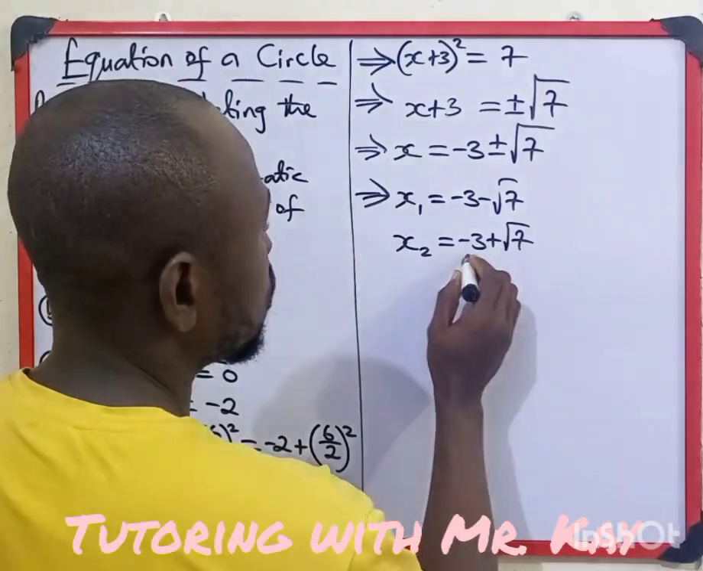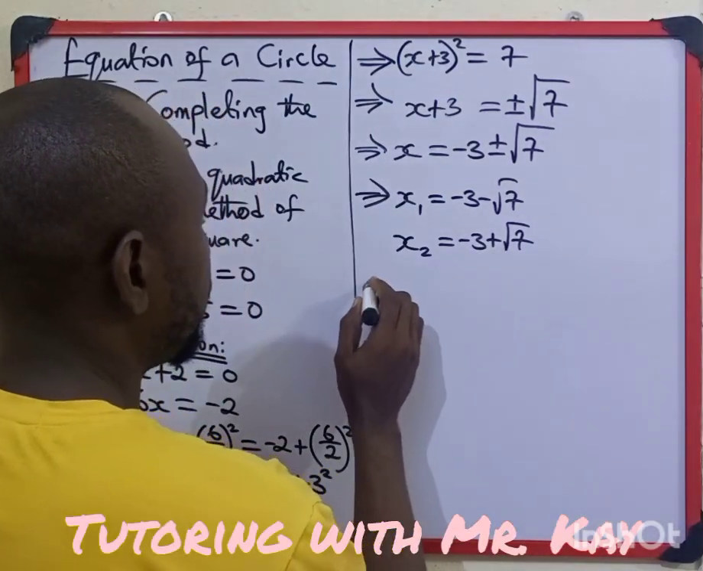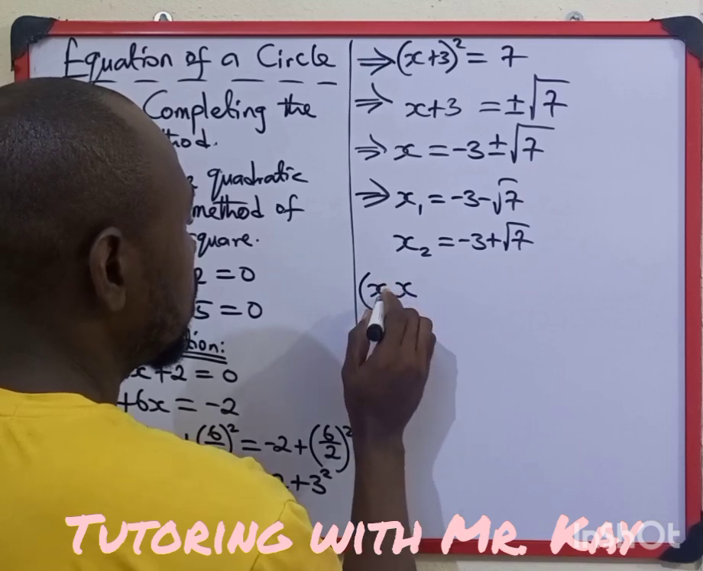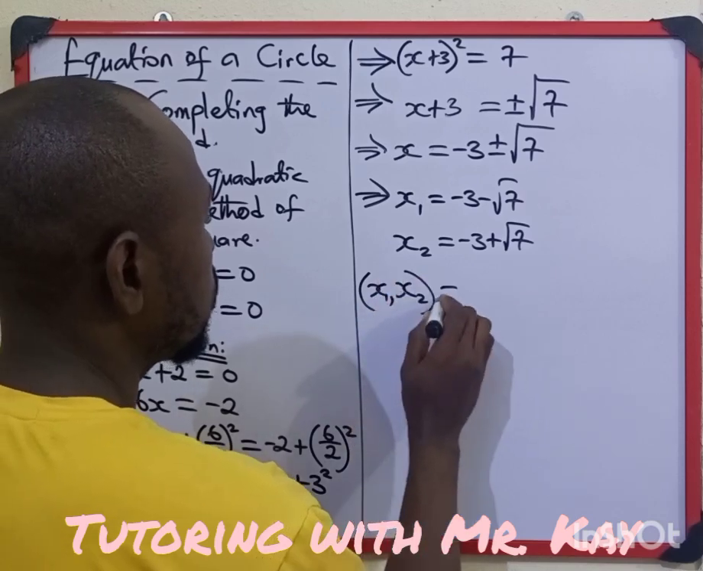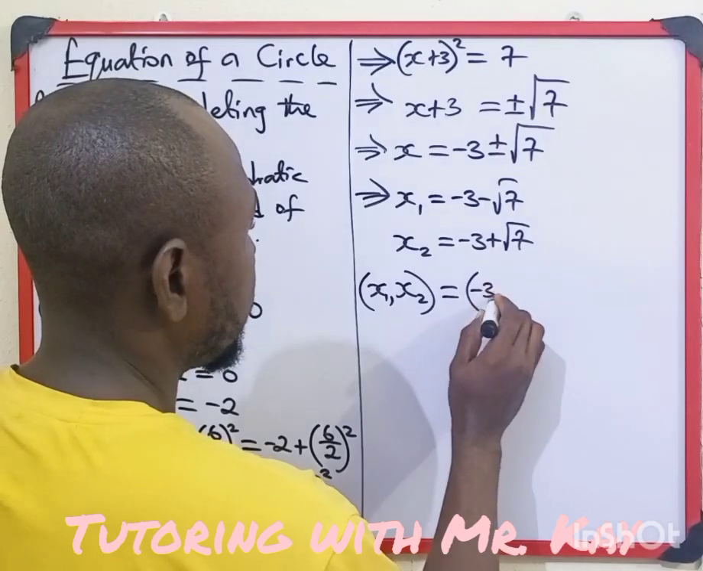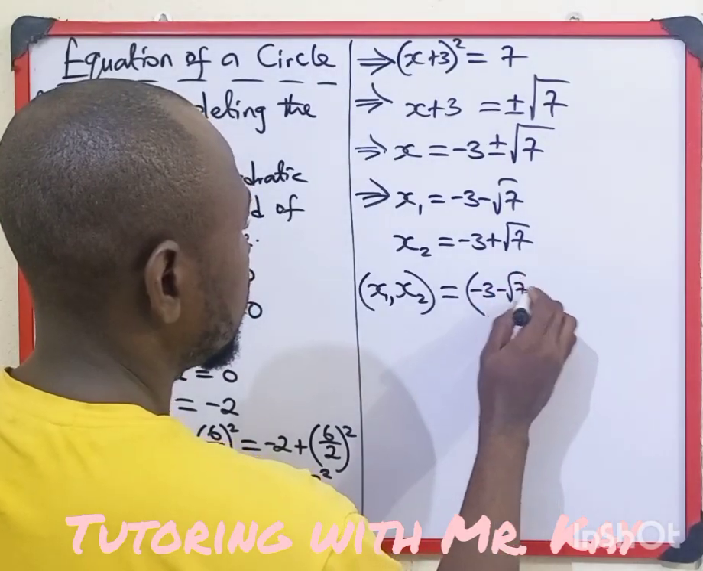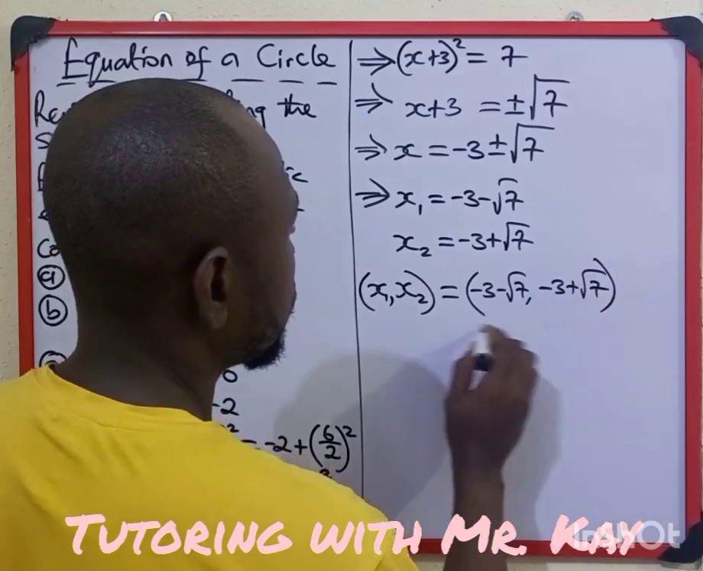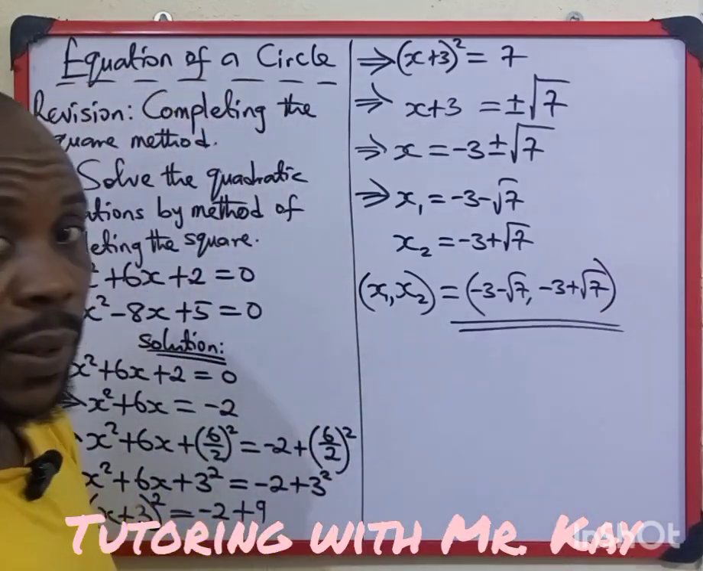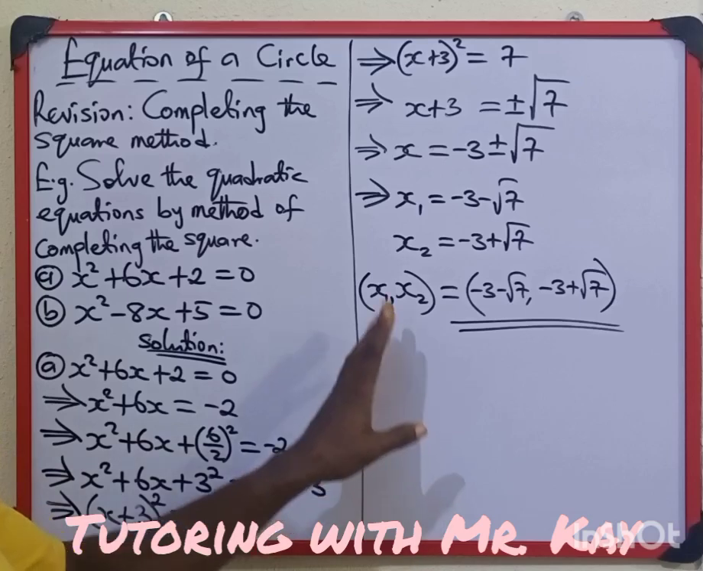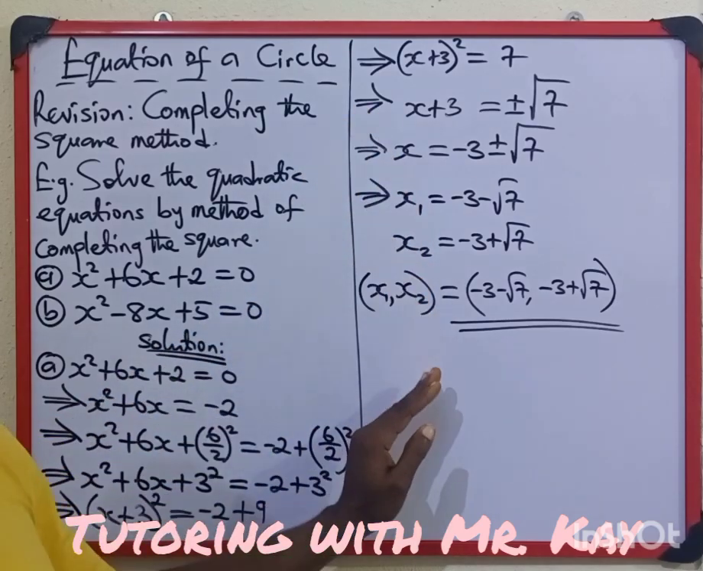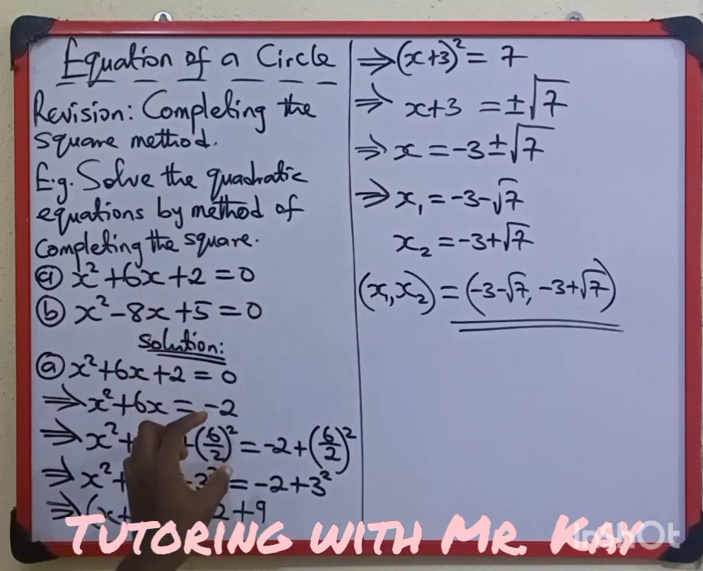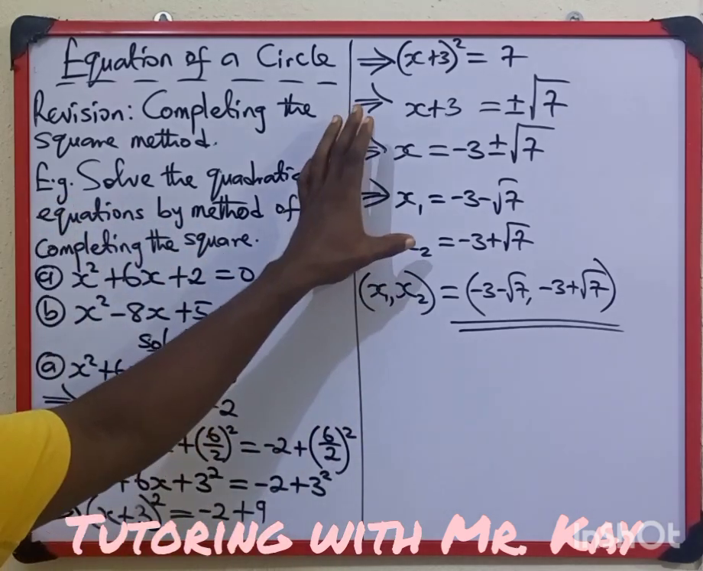So I'm leaving the answer this way. If I put the answer in brackets, I have (x1, x2) equal to (minus 3 minus root 7, minus 3 plus root 7). Okay, so this is the answer. I've gotten our answer. I believe you're able to understand the process. You can see how simple it is to solve a quadratic equation using the completing the square method. Very simple. Okay, the next, if you're able to understand